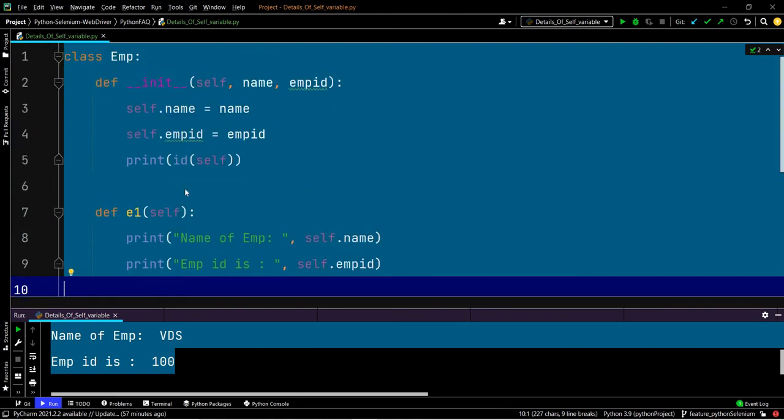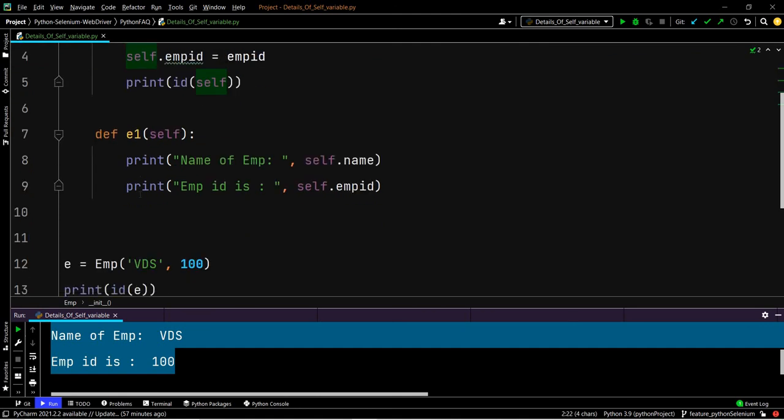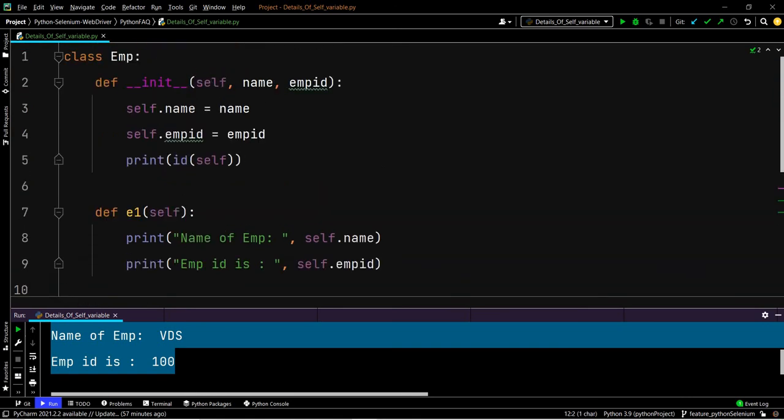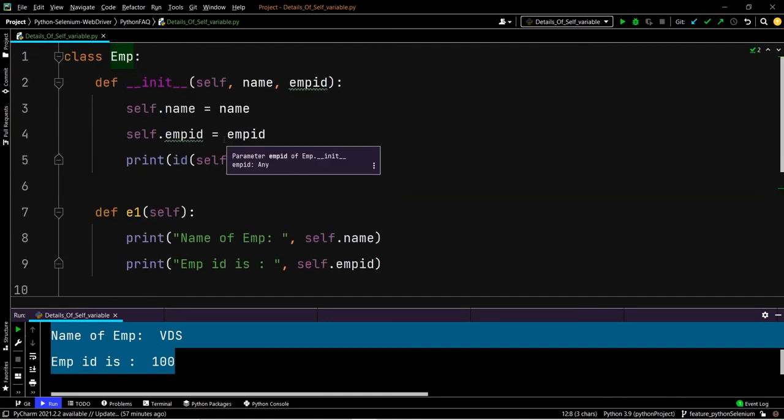But for now, what we have discussed: self is a variable that points to the current class object, that is e. With the help of self we can access the instance variable inside the class, and whenever we need to access the instance variable outside the class, at that time we need to create the object that we have created here. So that's all in this video.